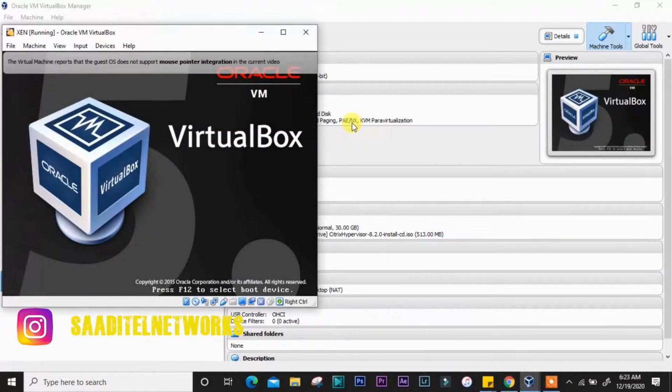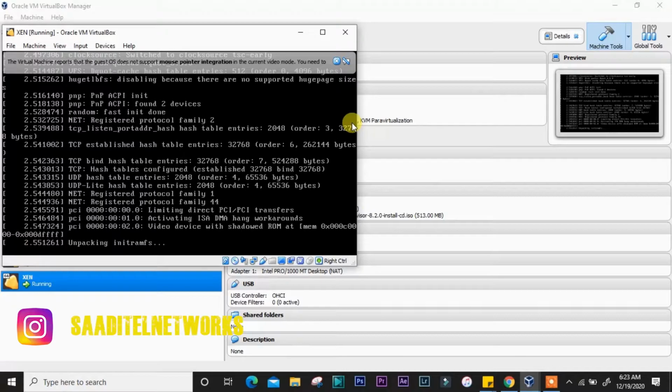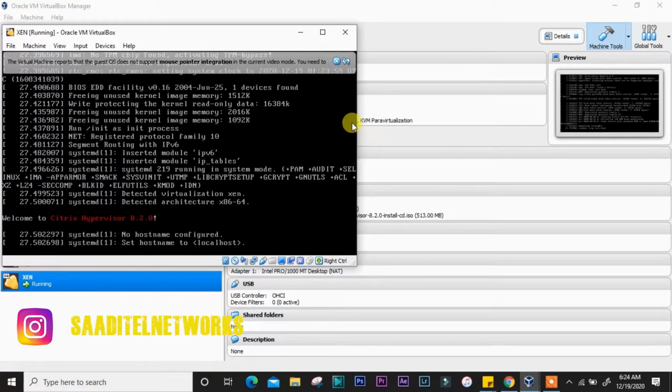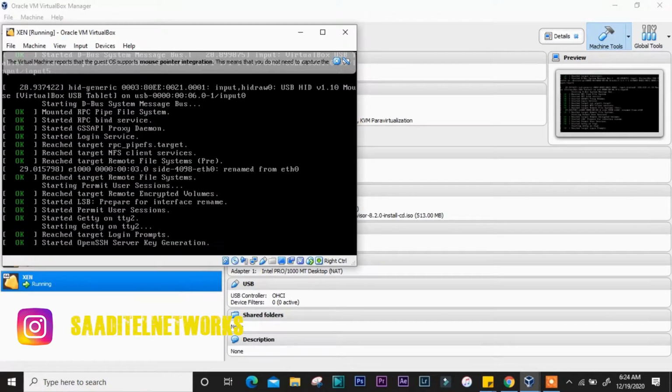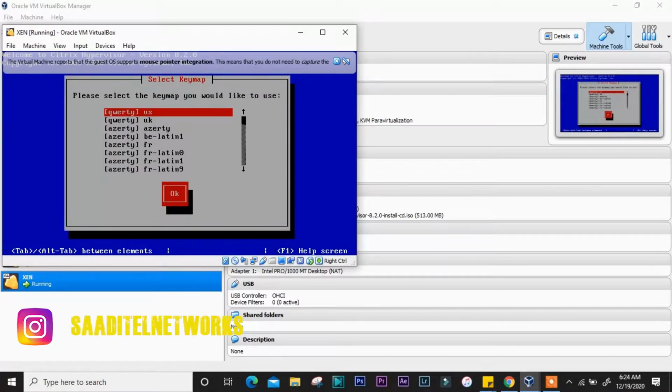And this is the process of how you can install. Now it's booting up the system. First you need to download the VM for XenServer. Then you need to add the VM file in Oracle VirtualBox. Then this is the setup. This is the first initial step. After booting up, you need to set up the